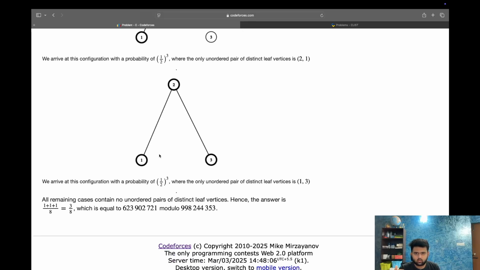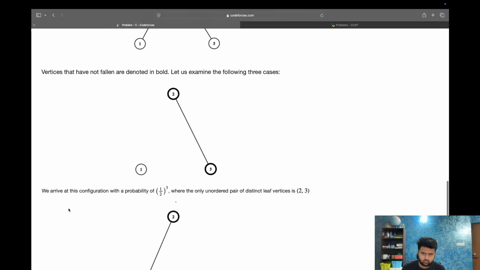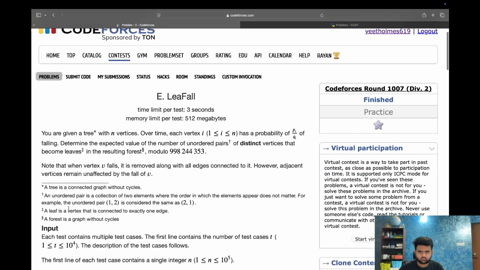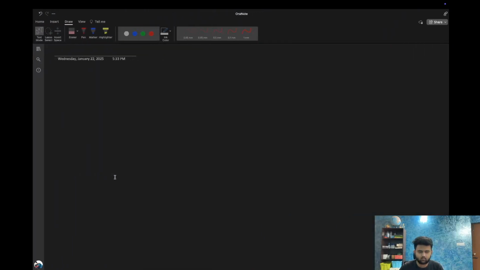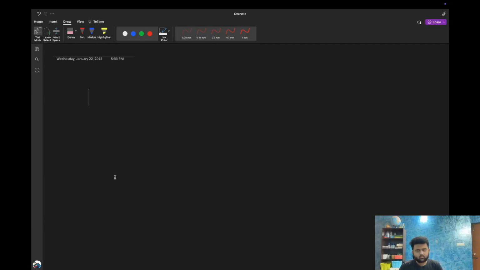And so if you use the normal formula of expectation, which is the sum of occurrences times the probability of those occurrences, you get the answer 3 by 8. So let's take a deep dive into understanding this problem. So first,